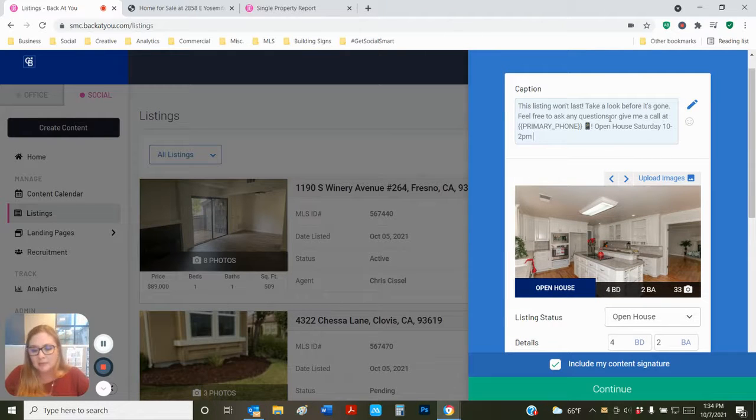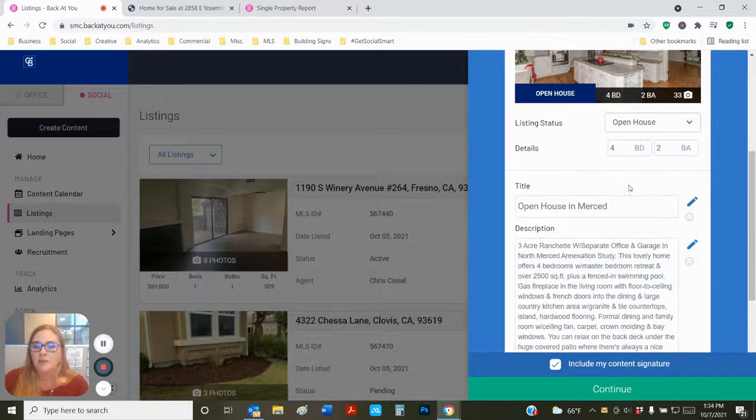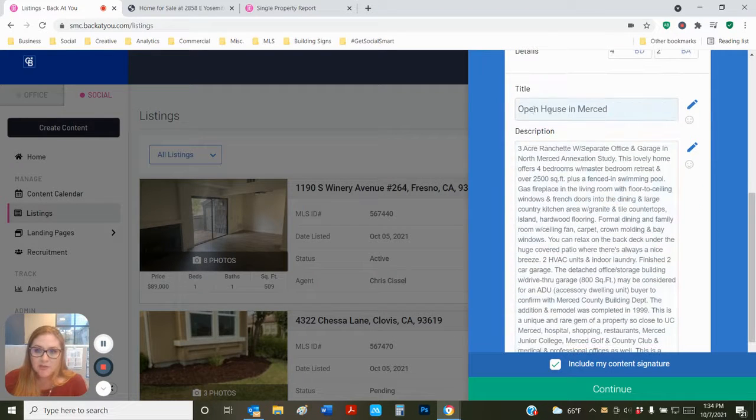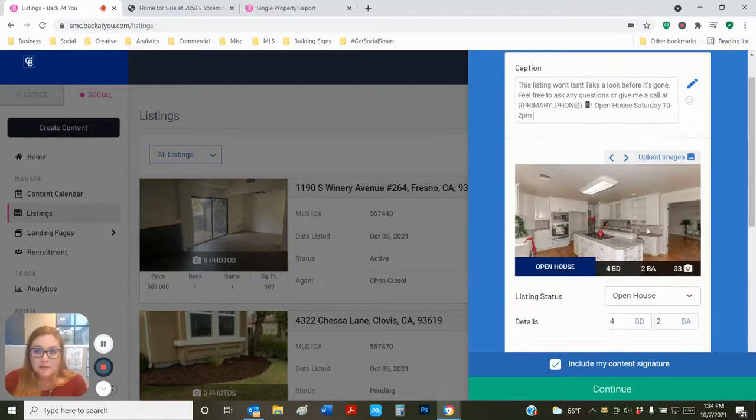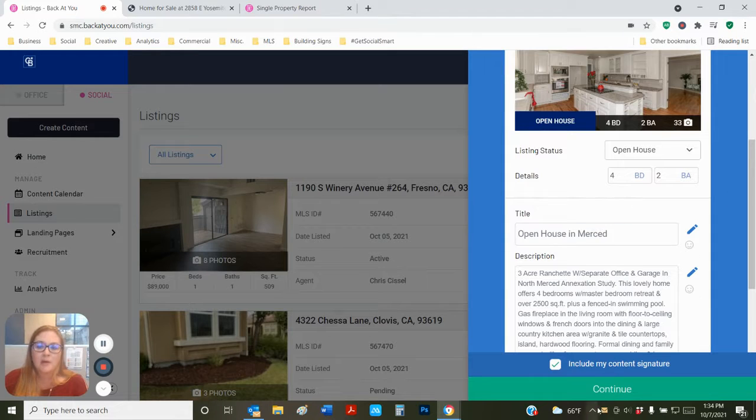p.m. and you can put the date if you want, or however you want to go along with that. So we can change any of the other information that's available here. This pulls from the MLS. This is the property description. When you're happy with the way it looks and everything in here, then we're going to go ahead and click